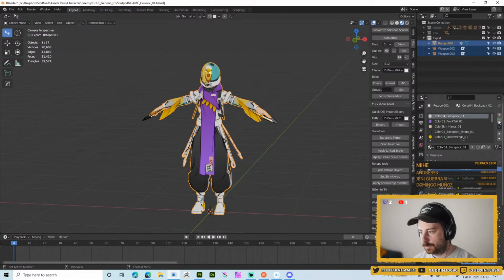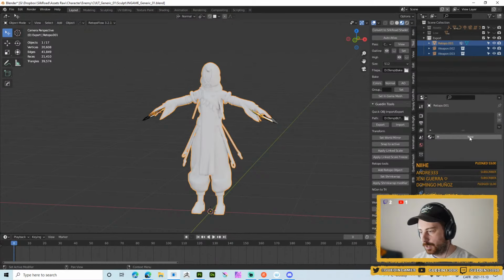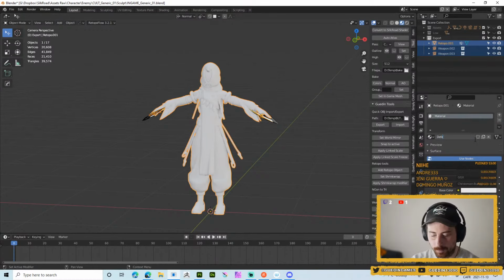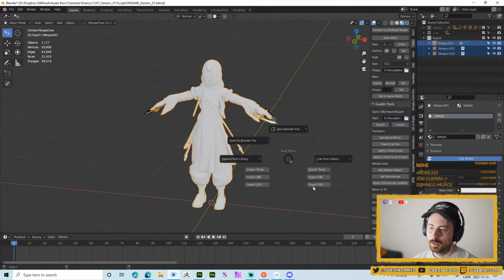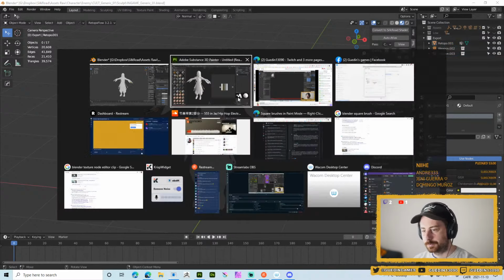I should have everything like this, and I'm just gonna create a default material like that. So now if I'm exporting this,